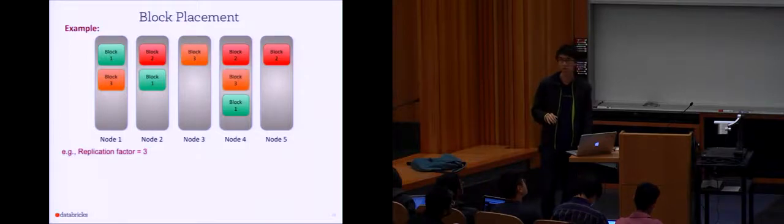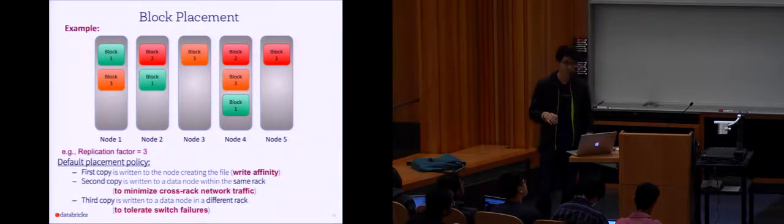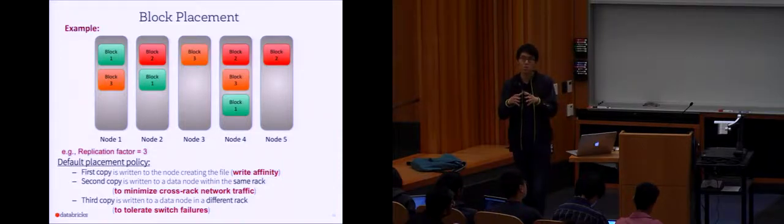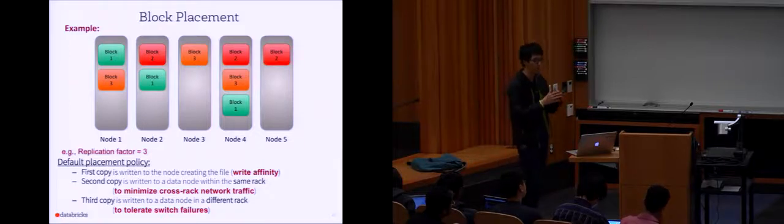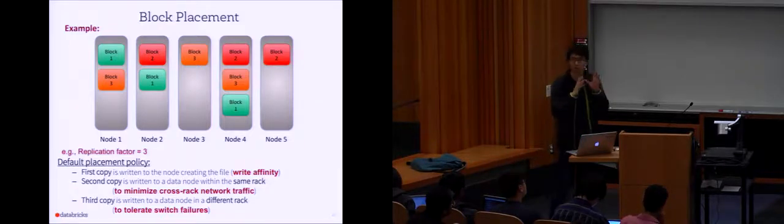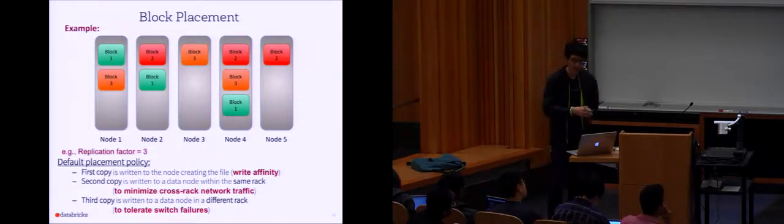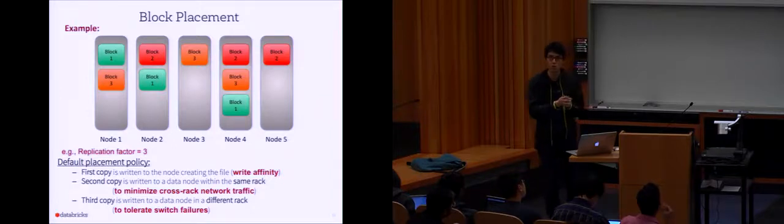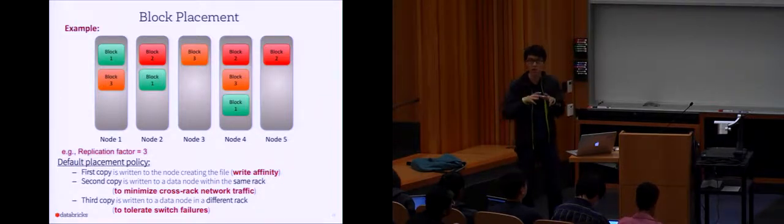Now, it's actually fairly interesting the way they did this placement. The first copy is written to the node that was trying to write this data. For example, if I'm on machine A and I need to write block 1, the first copy of block 1 would just go to the local machine. So there's no network traffic in this one. It's very fast to write. And then in parallel, you replicate block 1 onto other nodes within your same rack.